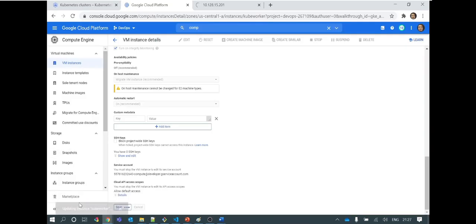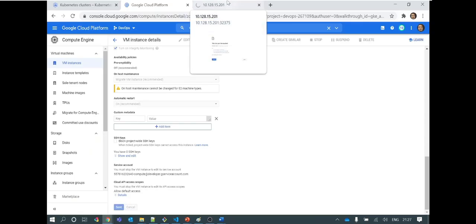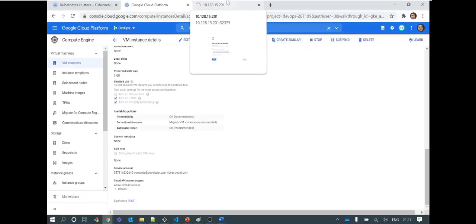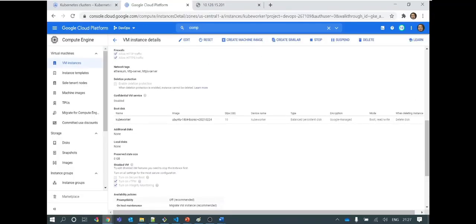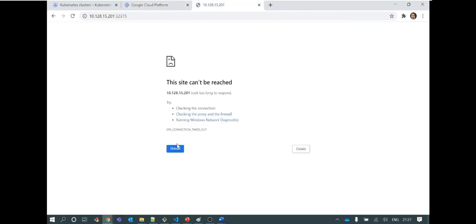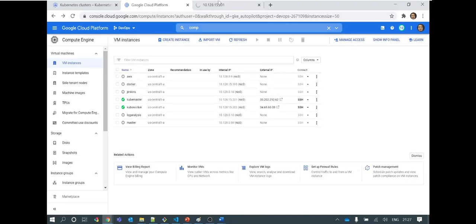It is saving. So let the VM save the changes and then we will see if this is accessible or not. Changes are saved, right? It may take some time to reflect the changes.